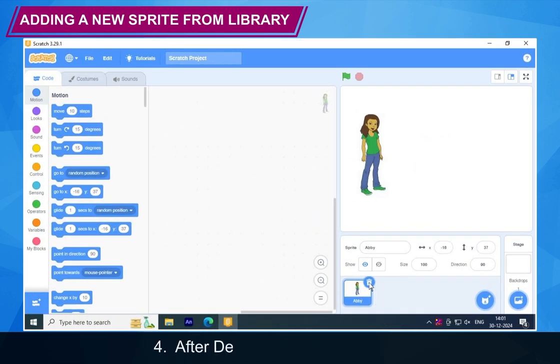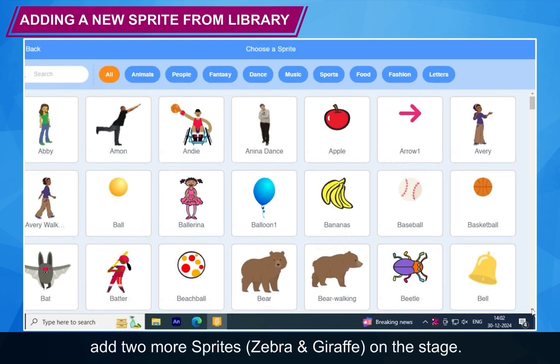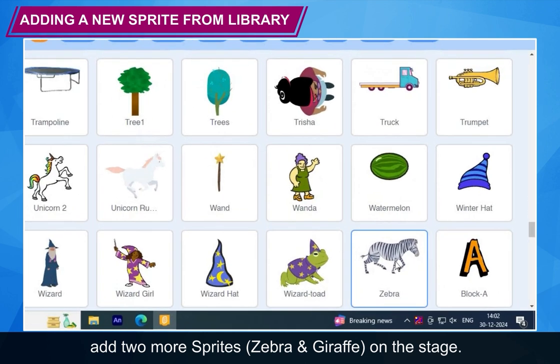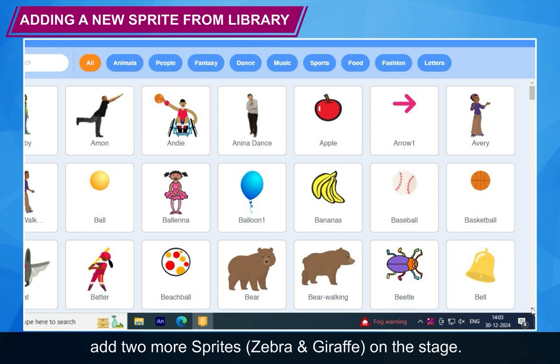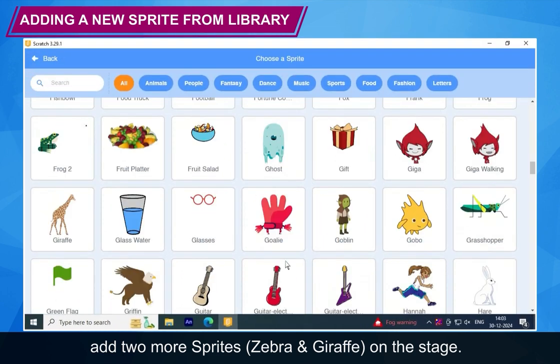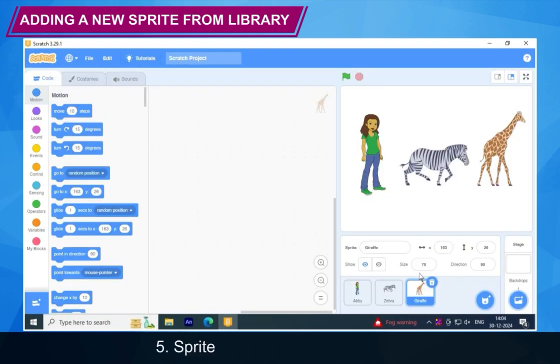Step 4. After deleting the default sprite, add 2 more sprites, zebra and giraffe, on the stage. Step 5. Sprites are added on the stage.